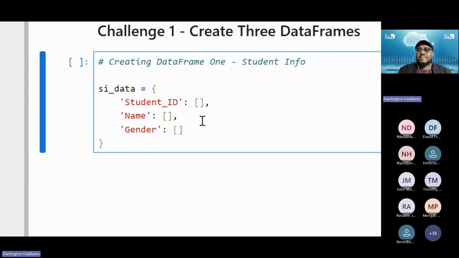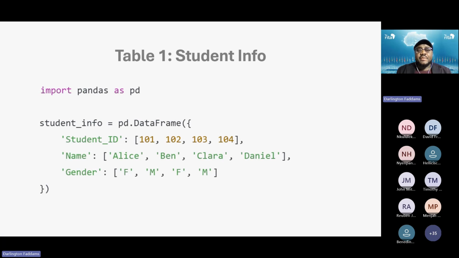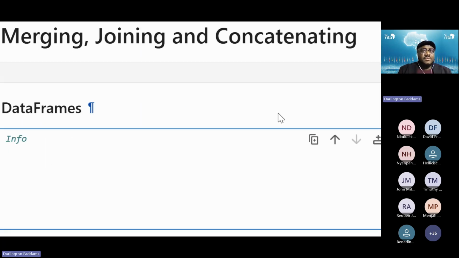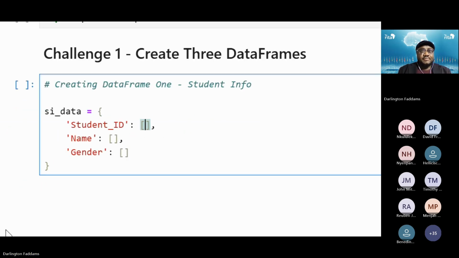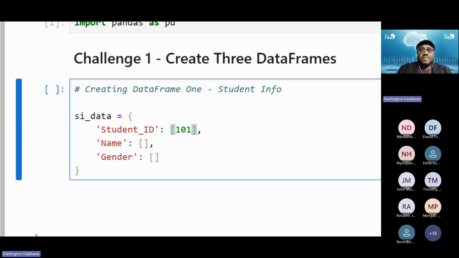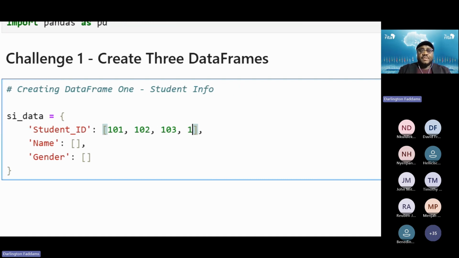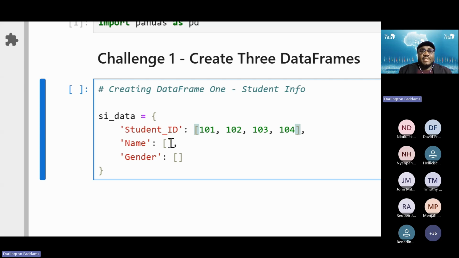This is the first key value. So we have comma here, comma here. This will not have a comma. So in my first list, let me see how many data items will be in there. We have 4. So 101, 102, 103, and 104. So let's do that. 101, comma 102, comma 103, comma 104. All right. So the next one here